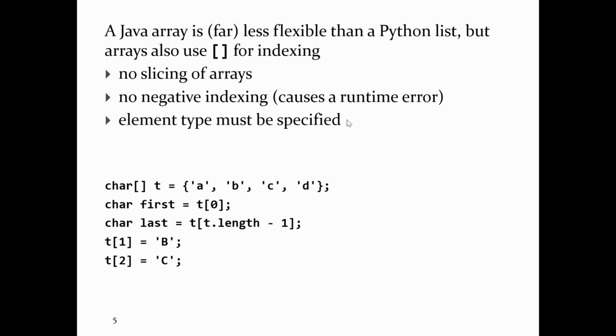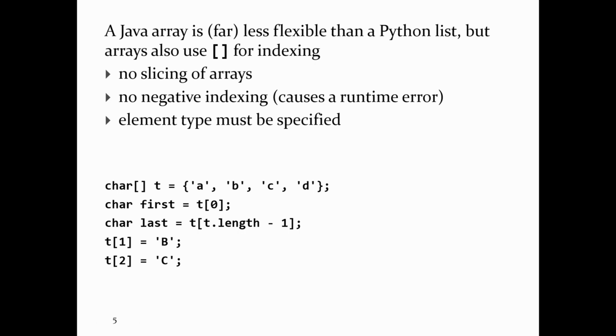You can put whatever you want into a Python list. You can put in a string, then a double, then an int, then whatever you want. Sorry, a float, I guess. And then you can put in another list if you like. In Java, an array only holds elements of a single type. So if I want an array that looks like the Python list that I showed you from before,